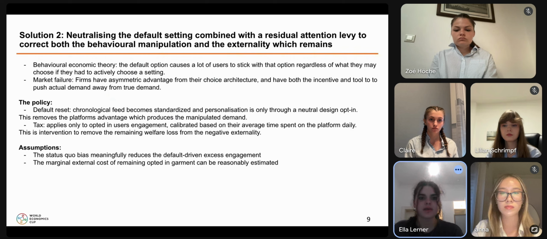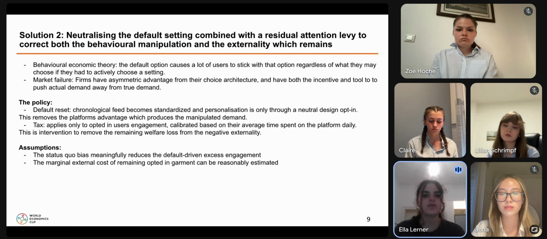real demand. In behavioral economics, we learned that the default option causes a lot of users to stick with that option regardless of what they may choose if they had to actively choose a setting rather than being offered the default one. This is a rational response to the cost of decision making, which is the time and effort in evaluating what to choose. The policy has two components, and what's assumed behind it is that A, most users do not actively switch away from a preset default, and that B, personalization, not user preference, is the primary driver of excess